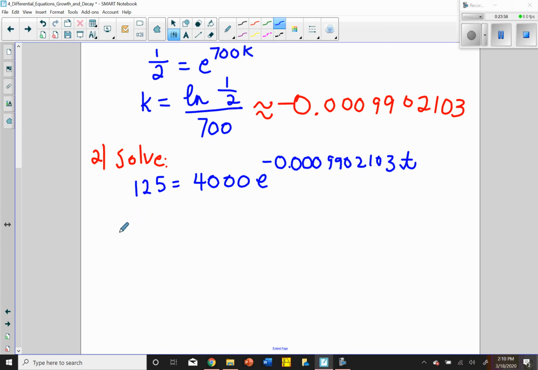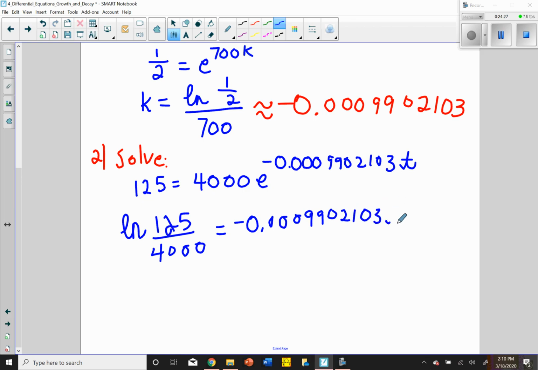The natural log of 125 divided by 4,000. I'm taking the natural log of this side. Then dividing with our calculator, natural log of 125 divided by 4,000, all divided by that ugly negative decimal. We're going to get about